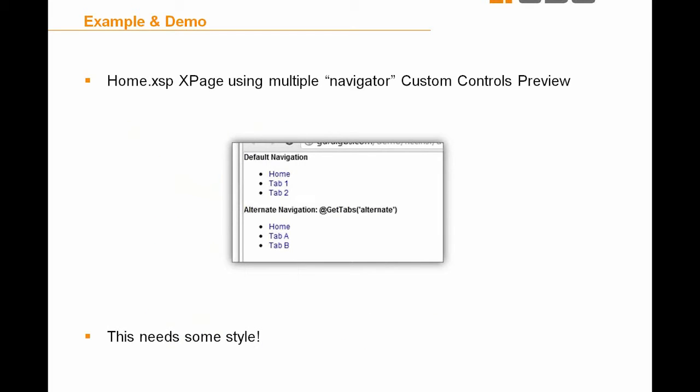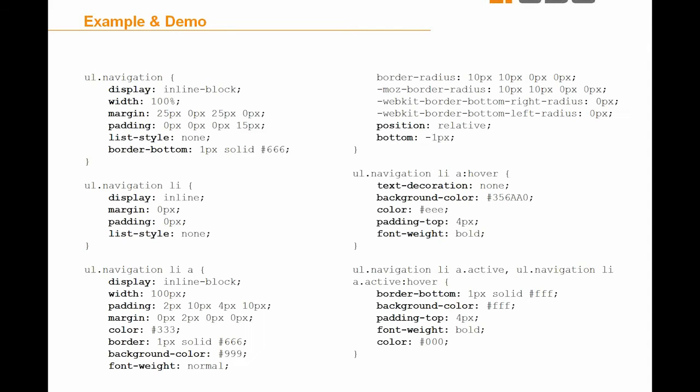This is what I get when I render that by default. It's a very simple unordered list, pretty standard, and it's just generated markup, and it definitely needs some style. If we take a look at some applied CSS, any UL navigator displays inline block, its width is 100%, list items, their list style is none, the links within a list item display inline block, and you can really play around with the overall look and feel, and as a bonus you can actually build out different navigation specific